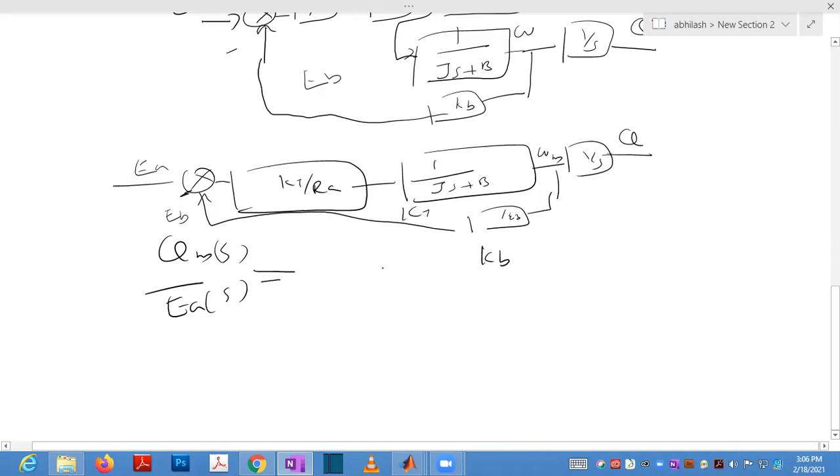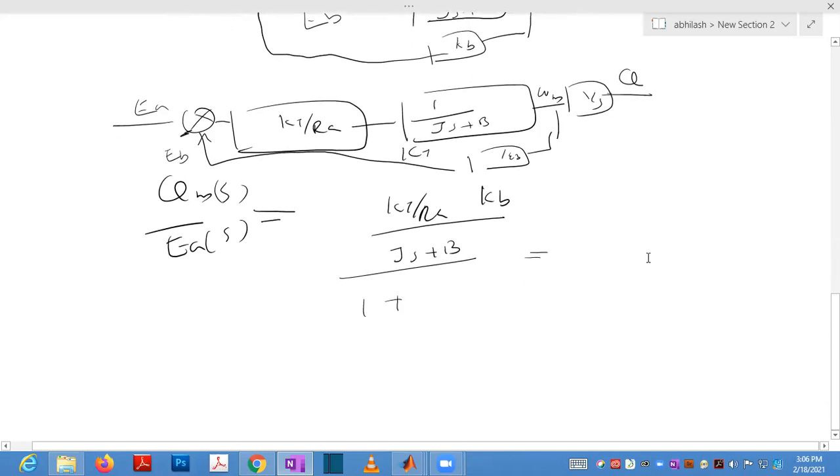KT by RA divided by JS plus B, and this is the feedback path, 1 plus these things multiplied by this KB, and again you have to multiply 1 by S. So the open loop transfer function of this system is